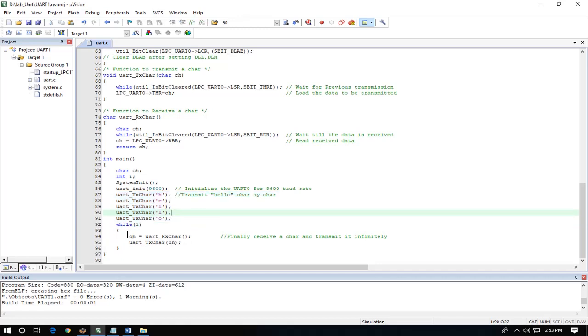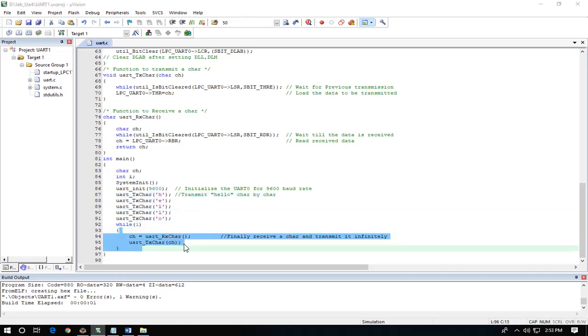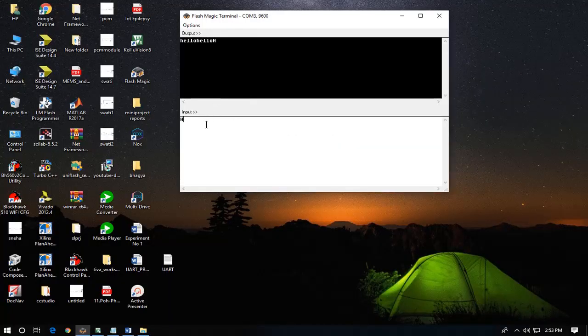Now we have set also one more part of the program as receiving the character from the UART module. Now whatever you type in that input will be received in the UART. Hi, you can see here, hi world, whatever I am typing in the input, that is coming in the output window also. That is transmit as well as receiving. Now this is how UART communication works, you can see the transmit and receive.